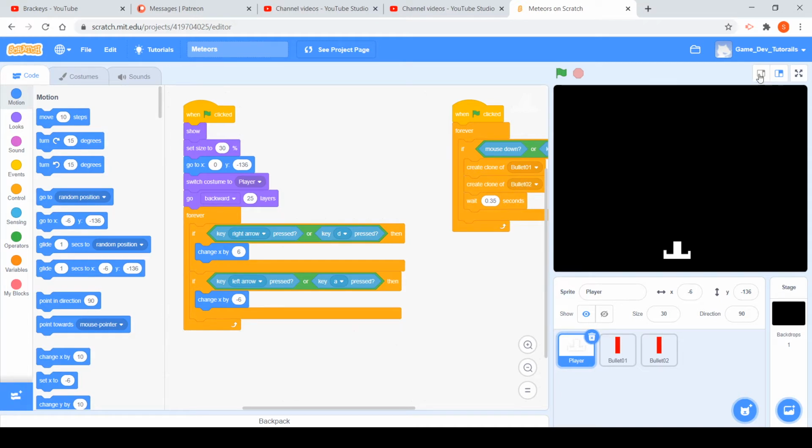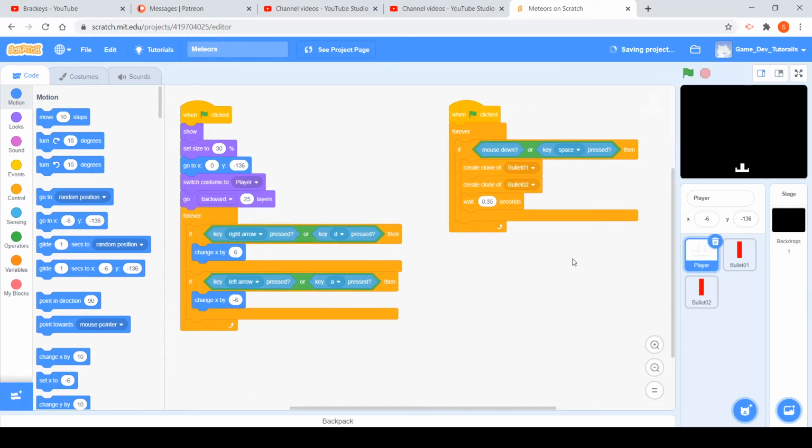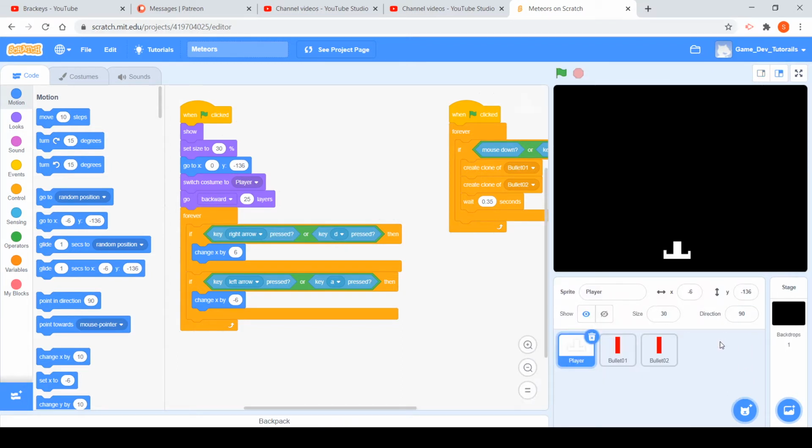Today we are continuing our meteors game. So today we will be adding stars and hopefully asteroids. And we will be learning a lot of new stuff today, such as variables and effects and randomness. So first, to start off, we just want to create stars, because that is a lot easier